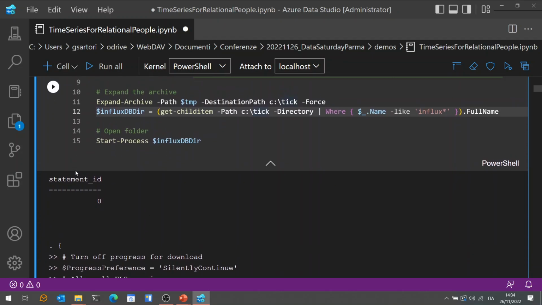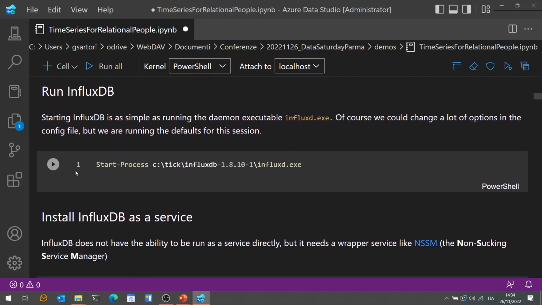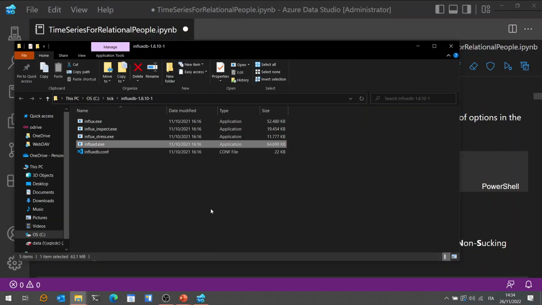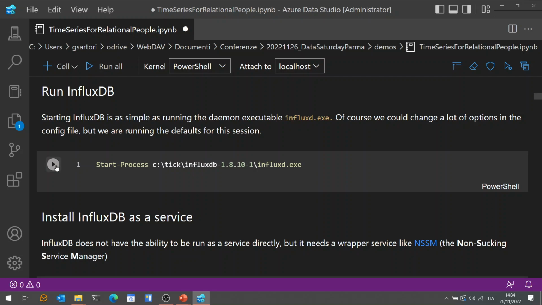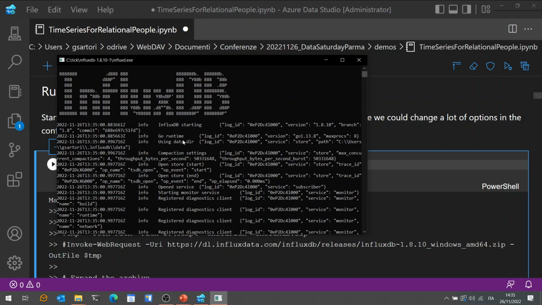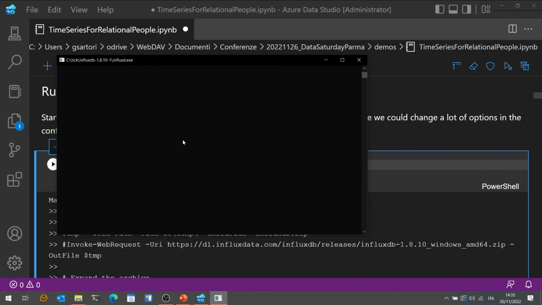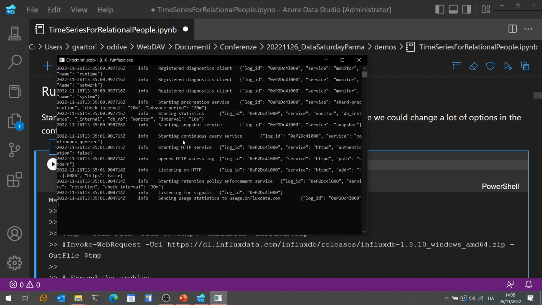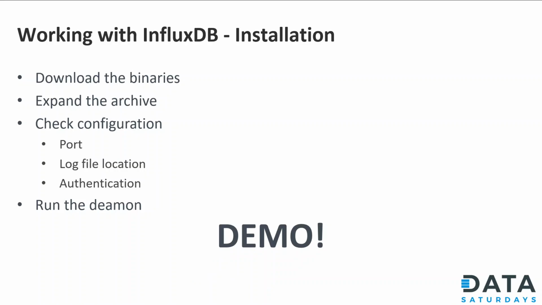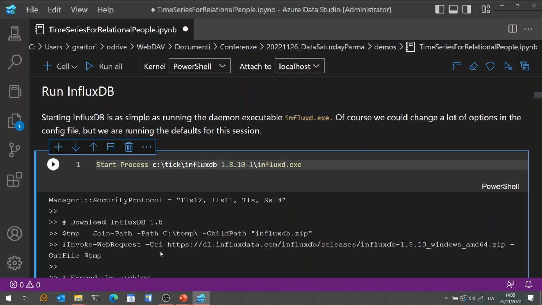Good, so if we want to run InfluxDB, it's easy. All we have to do is run the executable that we have seen. So this influxd.exe is what we need to run. So let's try that. If we do that, a console application appears. We got a nice text splash that says InfluxDB, and now it's running. But yeah, if I close this window, it goes away. So we probably want to run it as a service. Oh, wait. So in order to run it as a service,